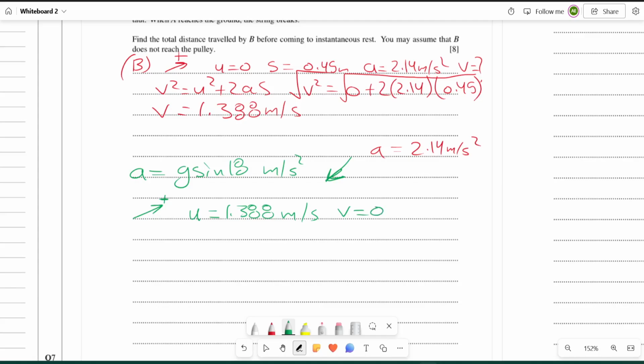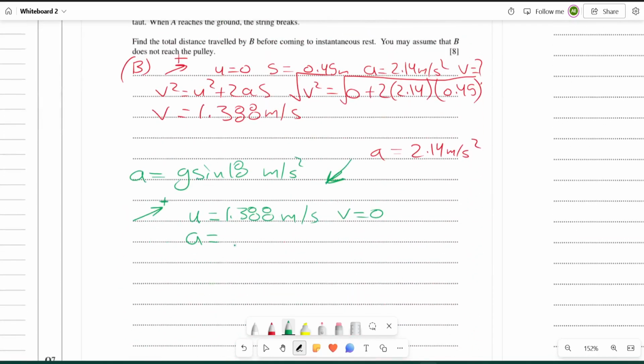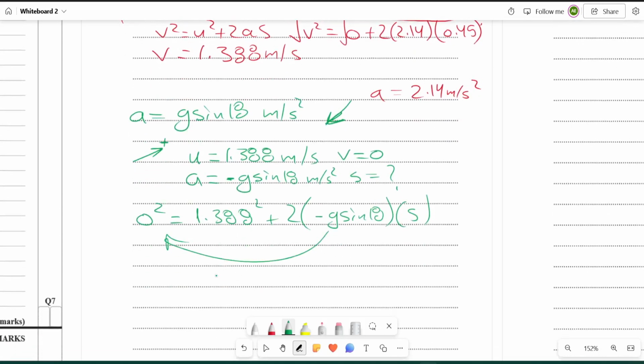My final velocity, I want to see when the particle stops, so when V equals 0. Acceleration is going to act in the negative direction and down the slope, and it has a value of G sine 18, so I'm going to take it as negative G sine 18 meters per second squared, and I want my displacement. So U, V, A, S, I did not mention time, so I'm going to use V squared, which is 0 squared, equals U squared, which is 1.388 squared, plus 2 times acceleration, which is negative G sine 18, times S. Moving all of this to that side to have everything as positive,